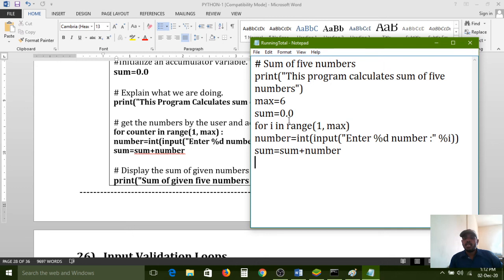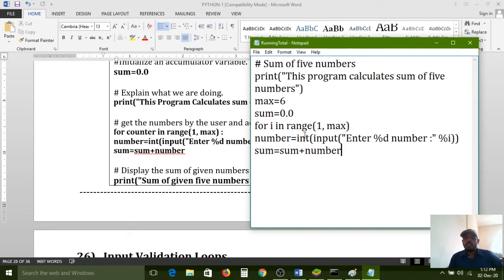Don't be confused here. Compulsorily we need to give the initializing value 0. So this is called an accumulator. This process is called accumulation, and this variable is called an accumulator because we initialize it with 0.